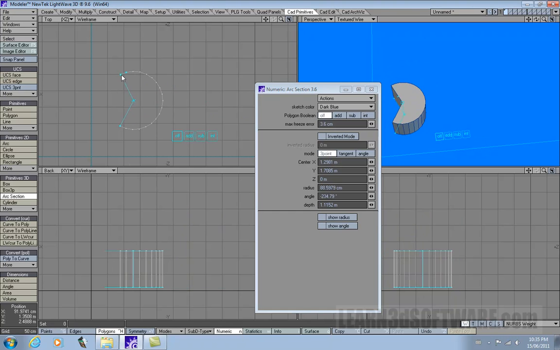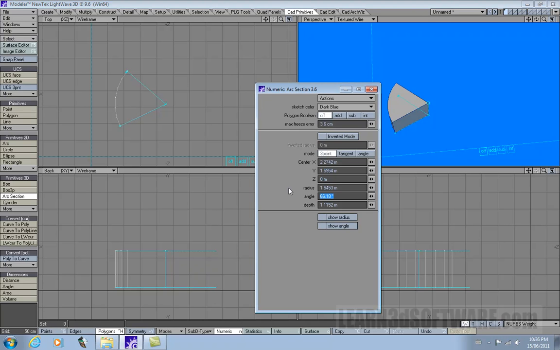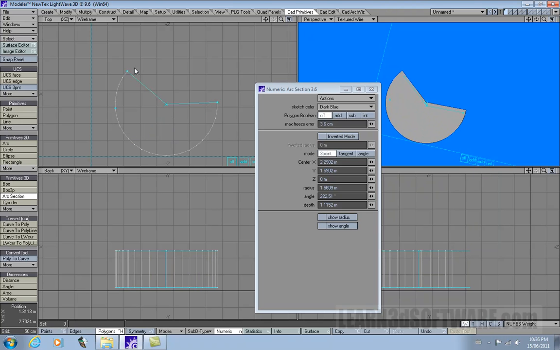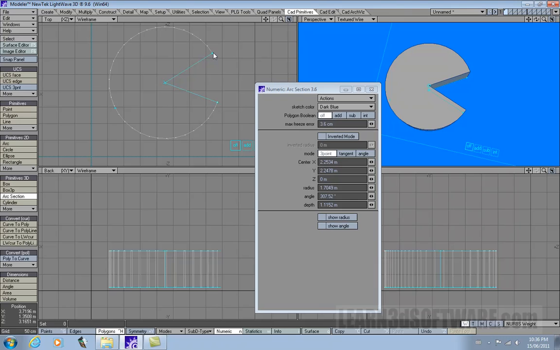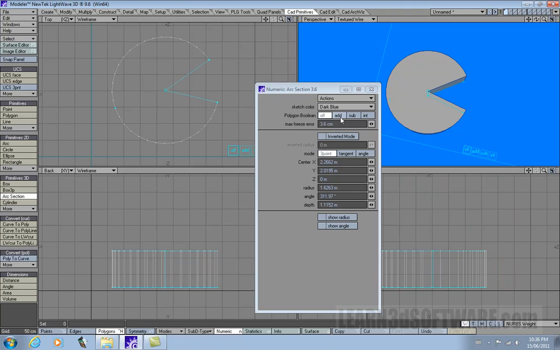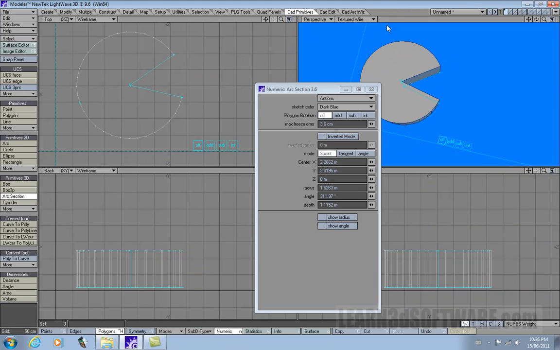Okay, or we can have a perfect pie shape. We can go a chunk or a quarter. Or sorry, actually it would have to be 90 for a perfect quarter. Okay, so what else do we got here? Okay, we have all our standard booleans. But before we do that, let's